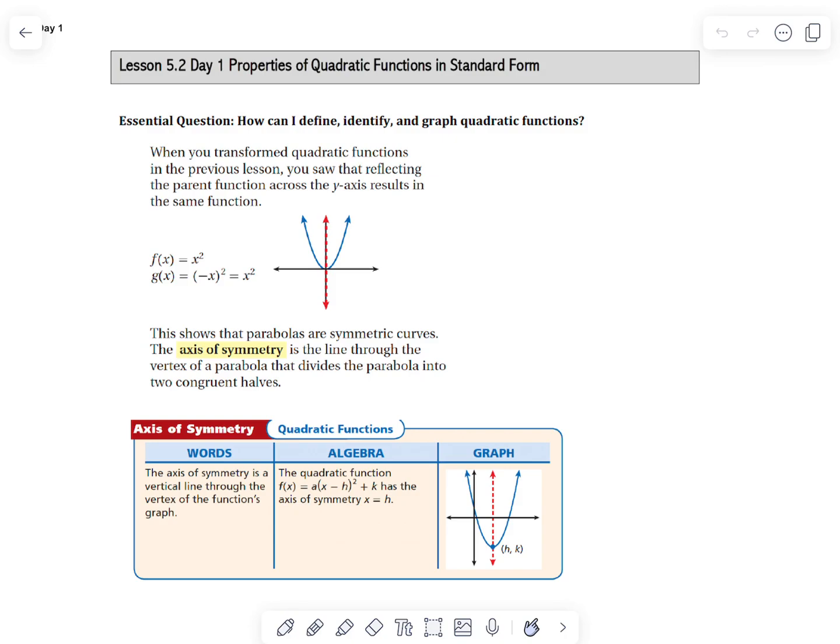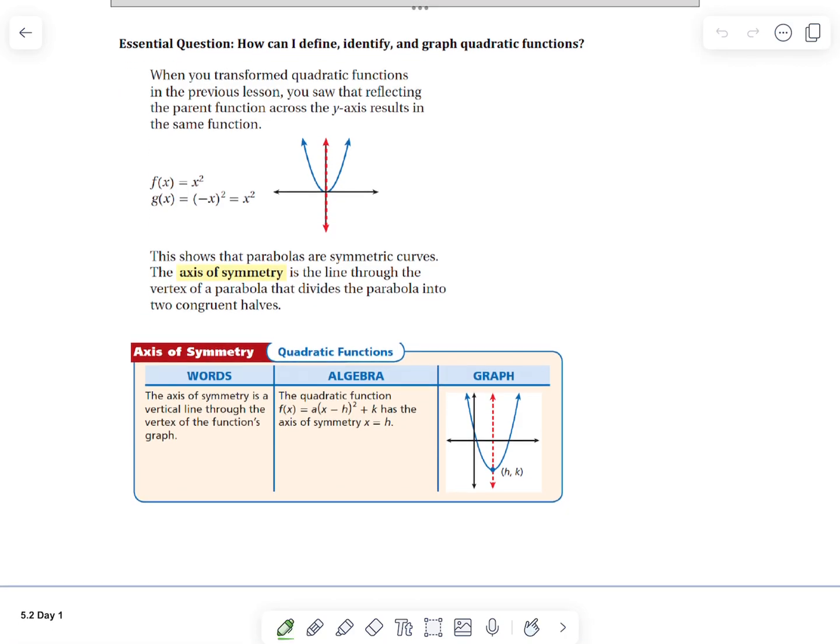All right, this is on properties of quadratic functions in standard form. So we've spent some time with the transformations of up and down, left and right, reflecting it about the x-axis, and then vertical stretches and compressions. The next thing is knowing when we have it in standard form,